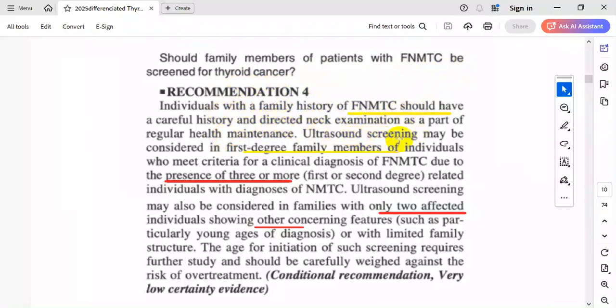Ultrasound may be considered in first-degree family members of individuals who meet criteria for clinical diagnosis of FNMTC due to the presence of 3 or more affected individuals, and may also be considered in families with only 2 affected individuals showing other concerning features like young age or limited family structure. The age for initiating such screening requires further study and should be carefully weighed against the risk of over-treatment. And